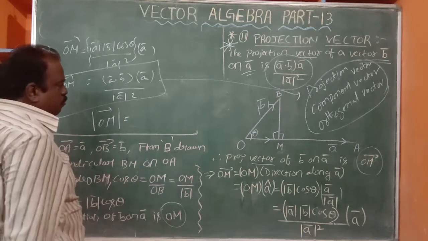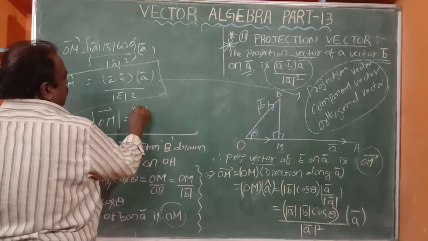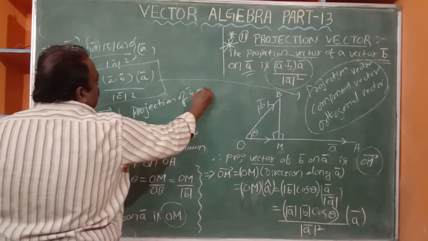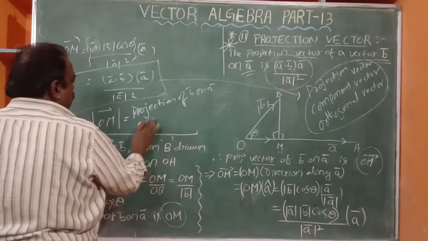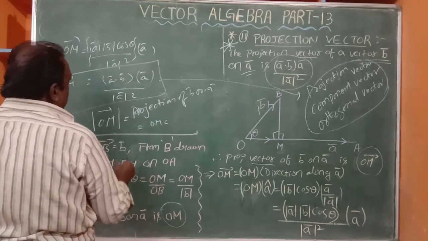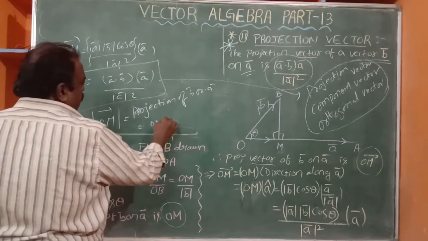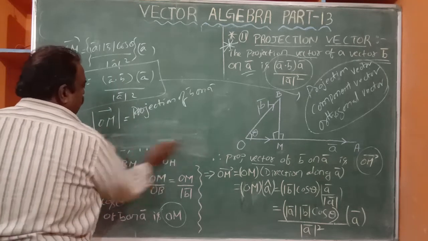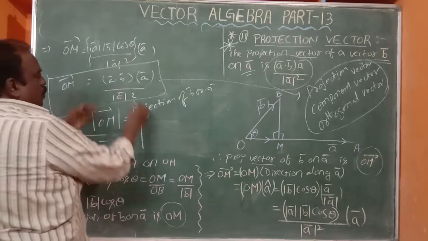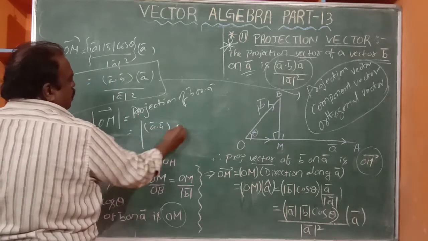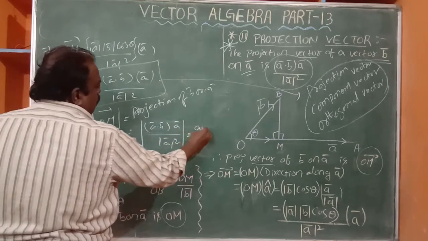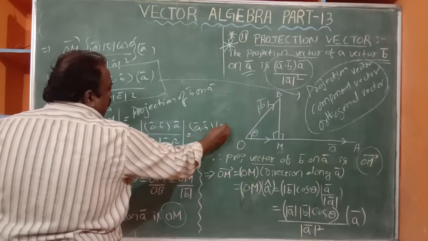If you want the projection, simply projection. It is a projection of B bar on A bar. It is simply OM. That is, we know it well. I am putting this one in the bracket. You see, or otherwise I will write like this. You see, this is a vector. We need modulus. So it is A dot B, mod A bar by mod A bar square. That is A bar dot B bar.